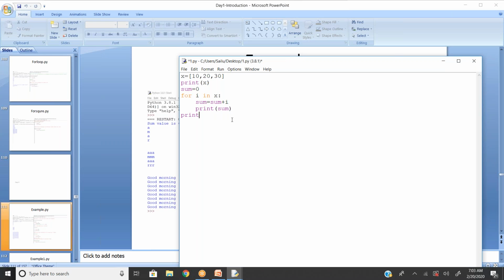Again, I'm taking one more print here for the final outcome, the grand total, grand sum. Now, what is the difference between this sum and this sum? This sum is displayed as a print in each iteration, and this one, because of indentation, gives the final grand sum after completion of all the iterations.